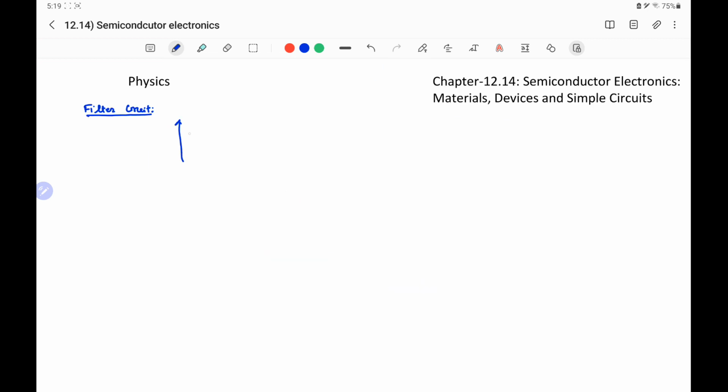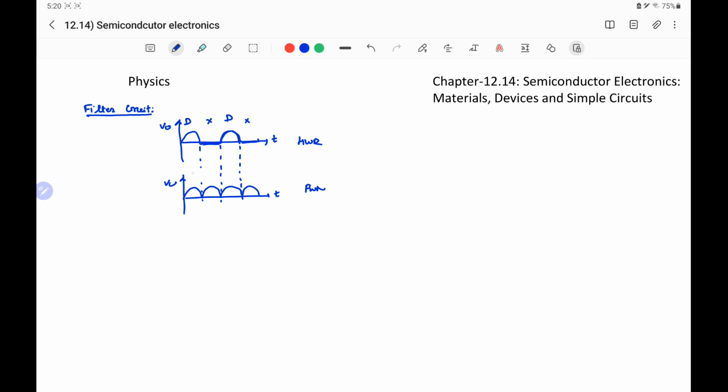If we redraw the output voltage of a half wave rectifier and also for a full wave rectifier, the shape is sinusoid. In a half wave rectifier, we get output for the half cycle, and then there is no output, then again we get output, and then no output, because in the first half cycle the diode conducts, and in the next half cycle the diode does not conduct. While in the case of a full wave rectifier, we have output in both half cycles, but